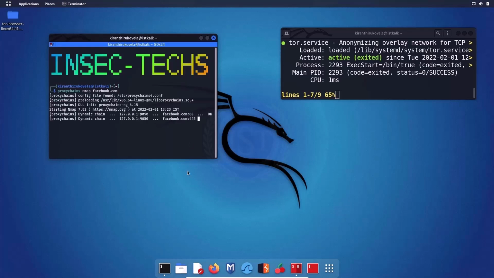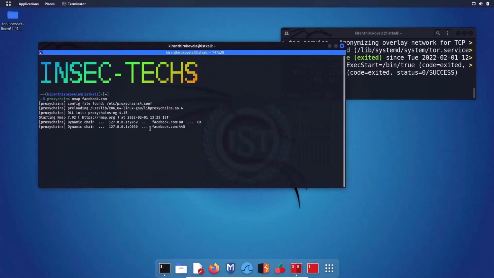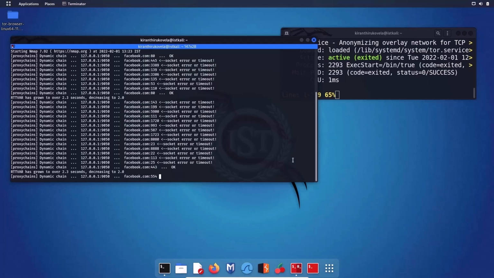And as you can see, the proxychains application is running, dynamic chain, and the loopback address is pointing to our machine, and facebook.com port 80 is okay. So as you can see over here, we have port 80 which is responding, which is an open port, and port 443 is also an open port.